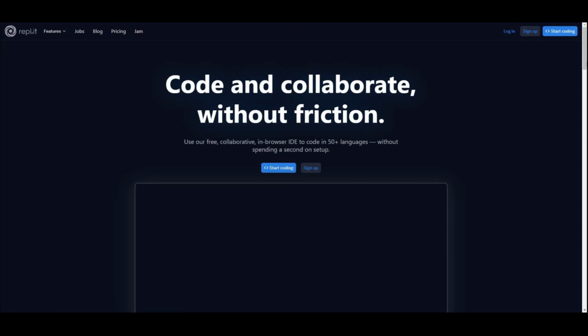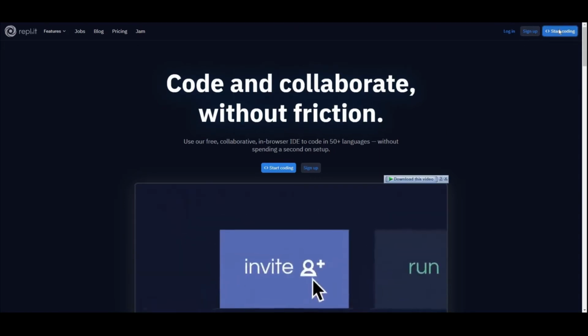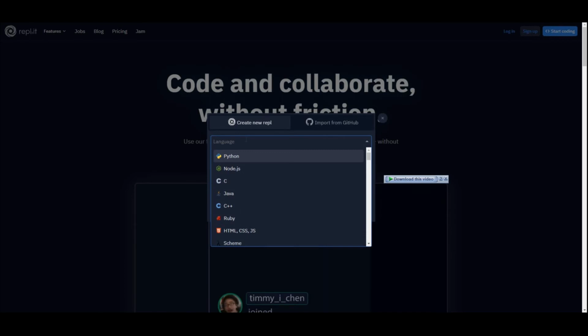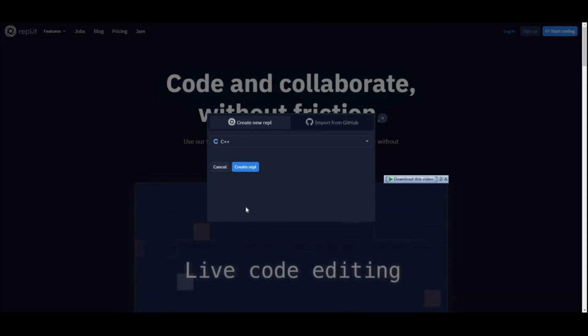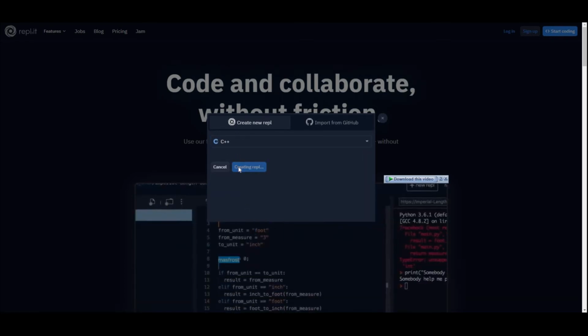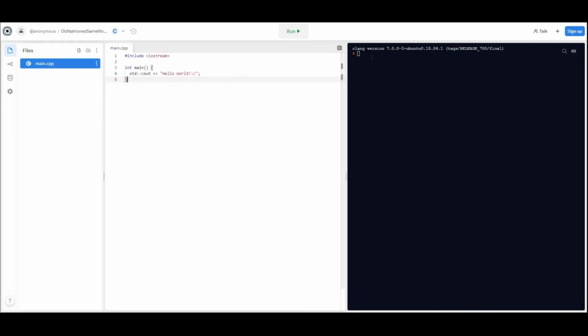It will direct you to an online coder. Start coding. Choose your language. We are using C++, so I'll choose C++. I'll create a Repl. It takes a moment. Now it has created a virtual machine for me, wherein I can code. So it's loading up for a sec. Let it load. You can run, and you can see the hello world is here. This is the code. So here add the code of rock, paper, scissors. Work on it. Once you are done with it, just share a copy of it with us.